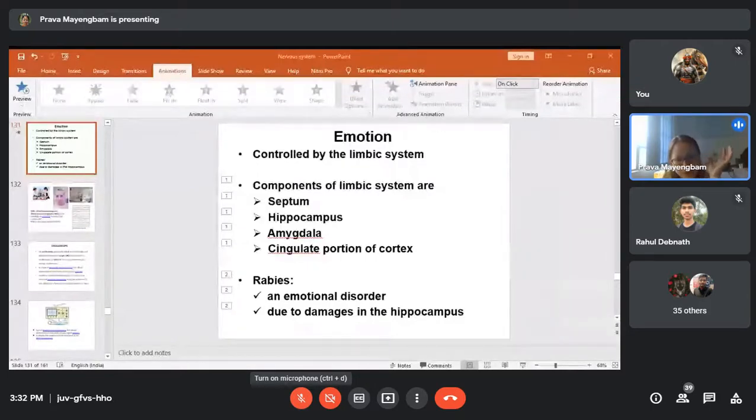Which part of the brain controls emotion, which part of the brain controls consciousness, it should be in your memory. You should know all this. And I must tell you again, the hypothalamic nuclei and the functions they control, that is also very important. You have to remember those.